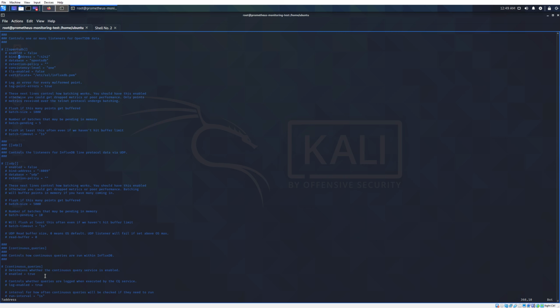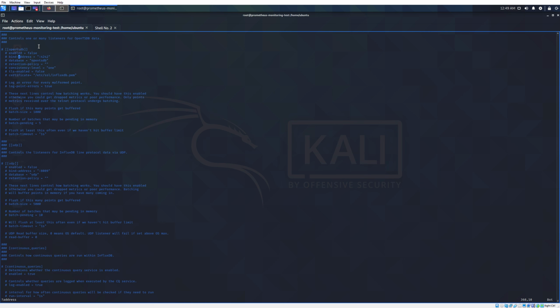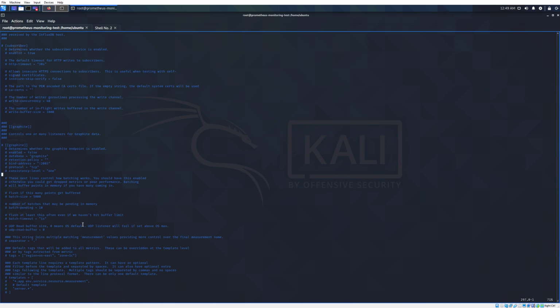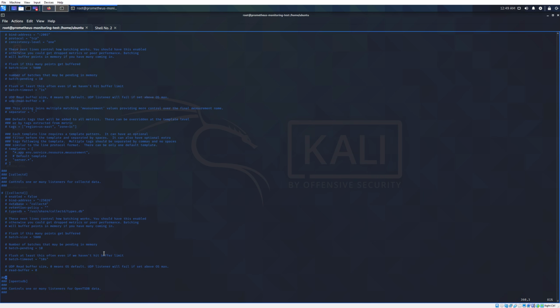Bind address, okay, so this is a bind address for your OpenTSDB, but we need actually for collectd, okay, let's get back to that. There it goes. So we need to change a couple of things here. That's the port it's gonna listen to. So we're gonna uncomment this, just like that. And yeah, I will remove some of these things here. Just make sure everything's